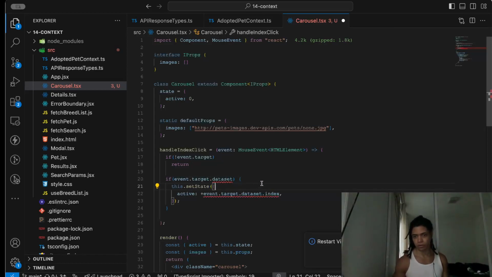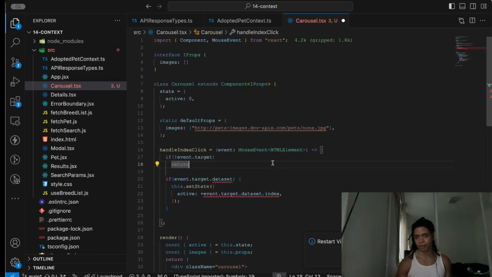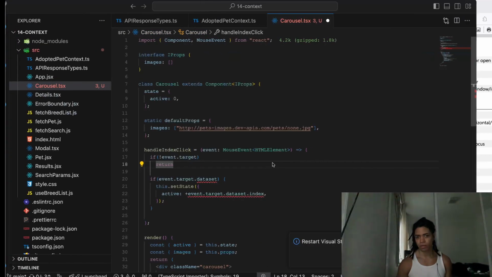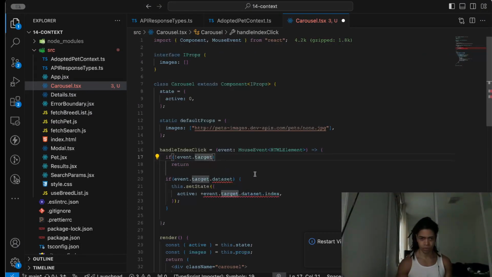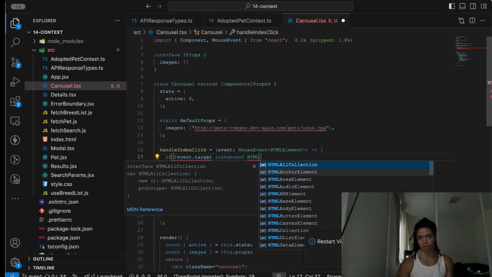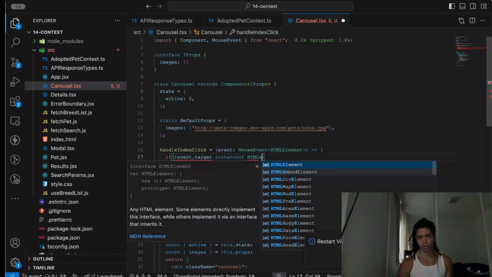This must come from the mouse event as well as the HTML element. Is this an HTML element that we're getting here? So if the event.target is not an instance of the HTML element,